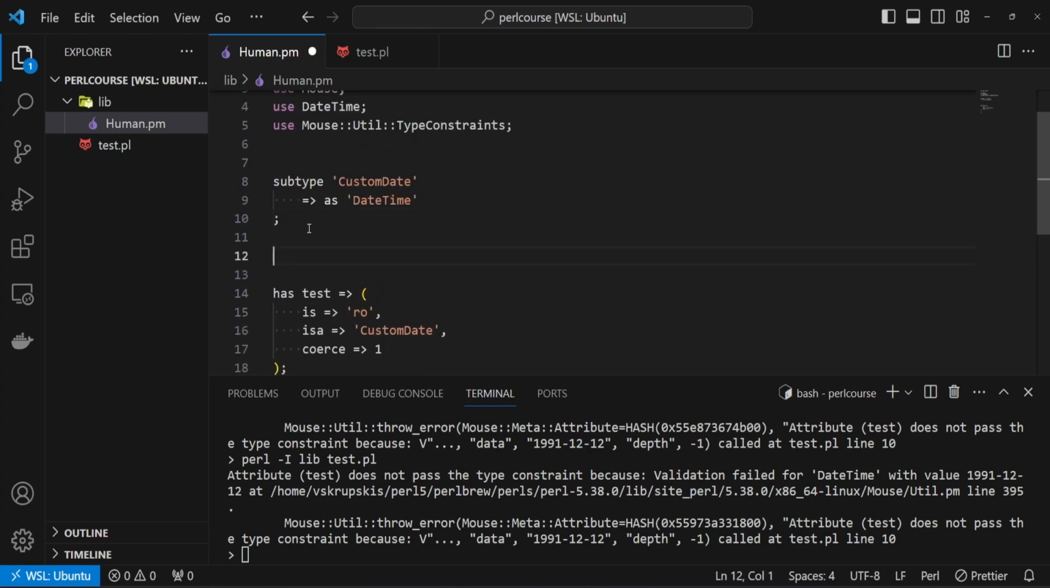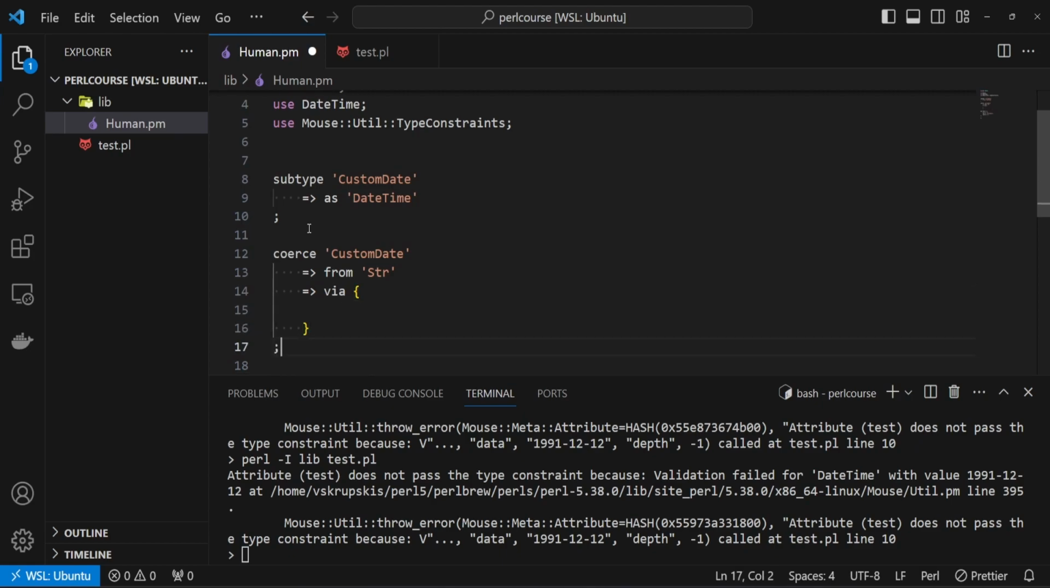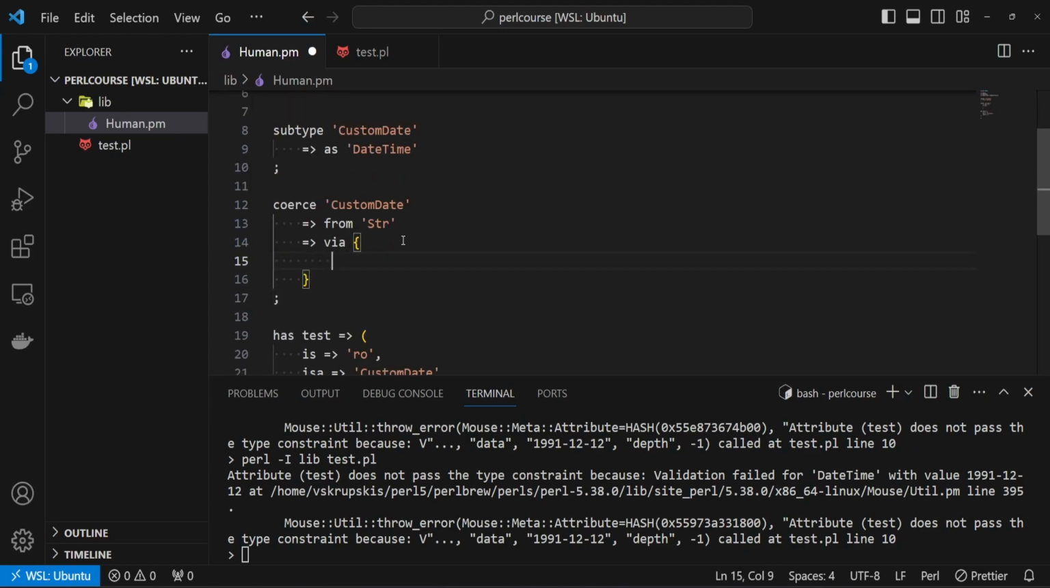The next thing we want to introduce is the coerce keyword, which comes from the Mouse utilities. If I type coerce, and I say I want to transform my custom date, and I want to transform it from string, so whenever a string is provided for this type, I want to do a specific logic. That specific logic can be defined in this via keyword, which accepts a code block. Considering we are getting a string which contains year, month, day, we can extract these values by introducing three variables, which are going to be year, month, and day, and we say that we want to split it on a regex